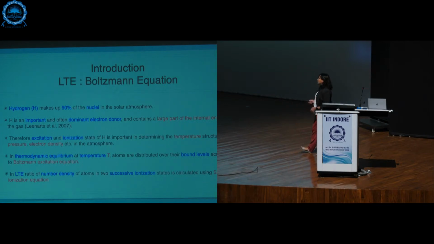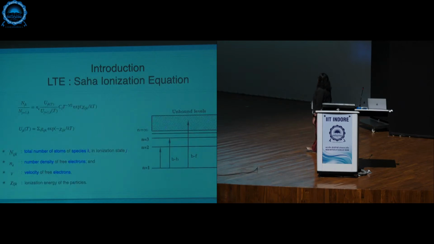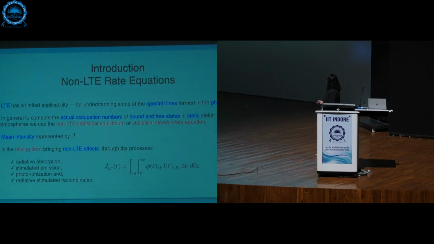And if you are assuming local thermodynamic equilibrium, you can get the number densities in successive excited states by just a simple Boltzmann equation, which has this form, and you can get the ionized number density in the successive ionization states by just the Saha ionization equation. So, by just solving the Saha and the Boltzmann equations, you can get the number densities in all the levels of hydrogen, and you can just solve the transfer equation in just one step. So it's a trivial problem when you are assuming local thermodynamic equilibrium. However,